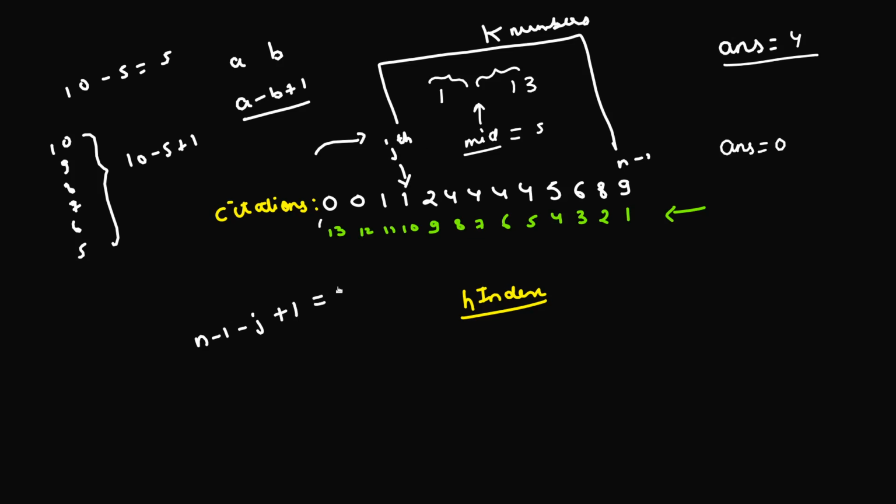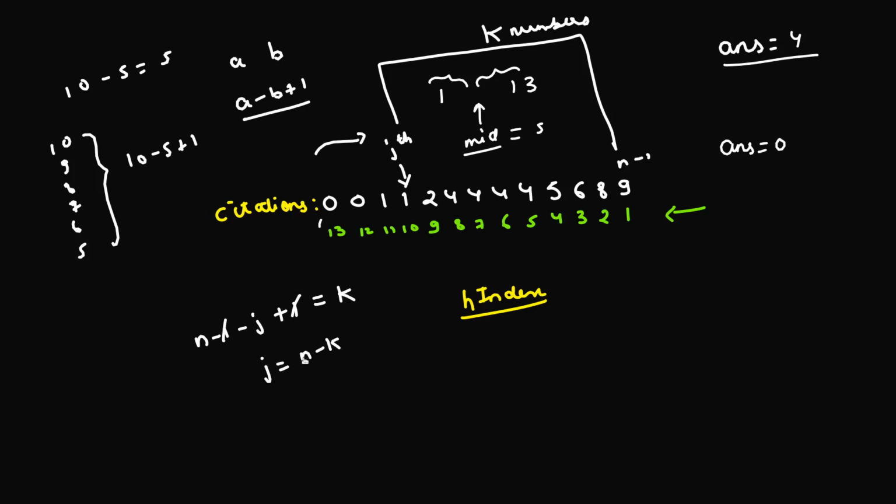And that's going to be equal to k, because if you are saying that there are these k numbers in total, then n minus 1, which is the last upper limit, minus j, which is the lower limit, plus 1 is going to be equal to k. So I can do some arithmetic and simply obtain that j is equal to n minus k. Just send that j there, k comes here. So j equals n minus k is what I obtain.